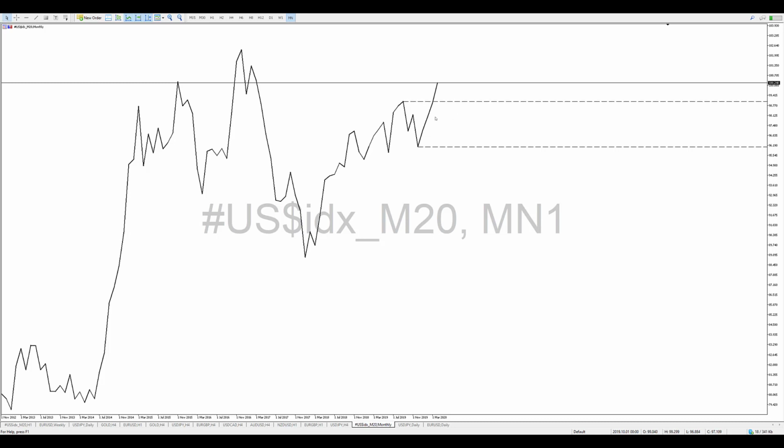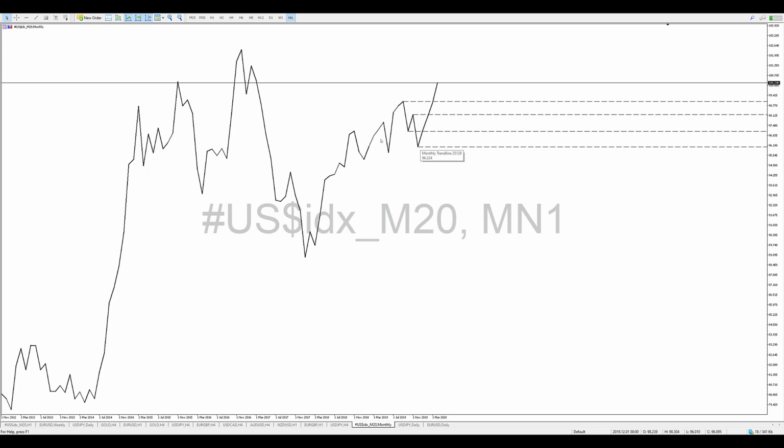The reason why I'm marking this high is because it was breached. You can see it was breached here. This high was breached, but prior to price dropping to form this low, we had these two intermediate lower highs, and then we had another intermediate short-term low which was breached here. Then this high was also breached here. Now looking at it from this perspective, I've highlighted the most important levels that will be of interest in the